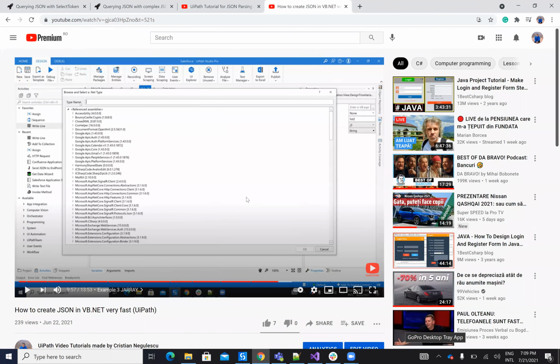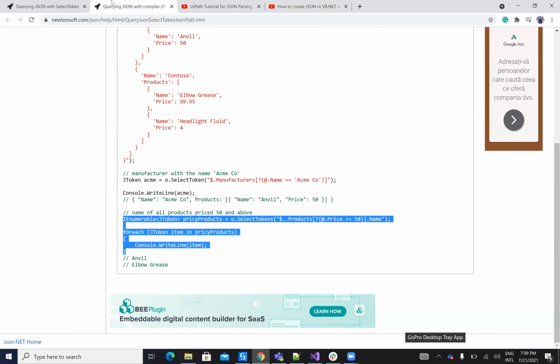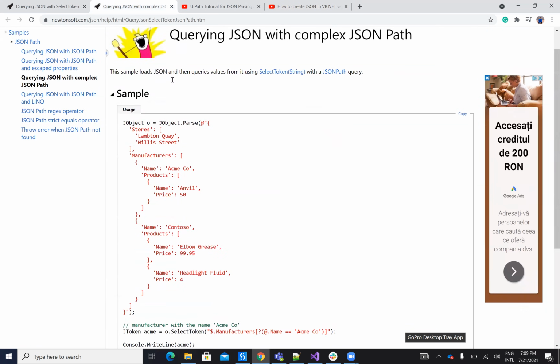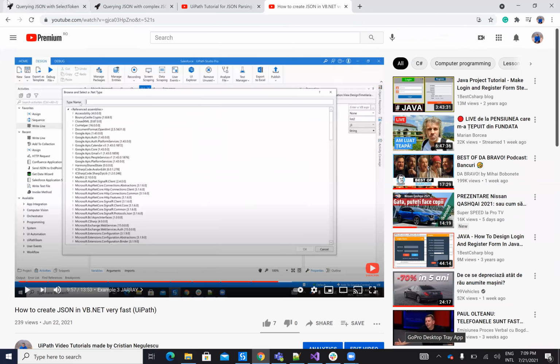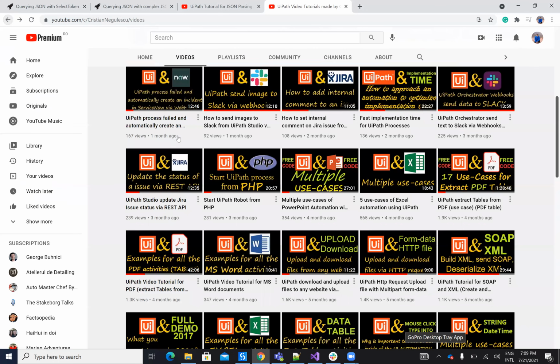Today I will show you some more tips and tricks on JSON, how to deserialize JSON using some VB.NET commands. So not the standard stuff with for each on the elements and extracting the elements, okay?